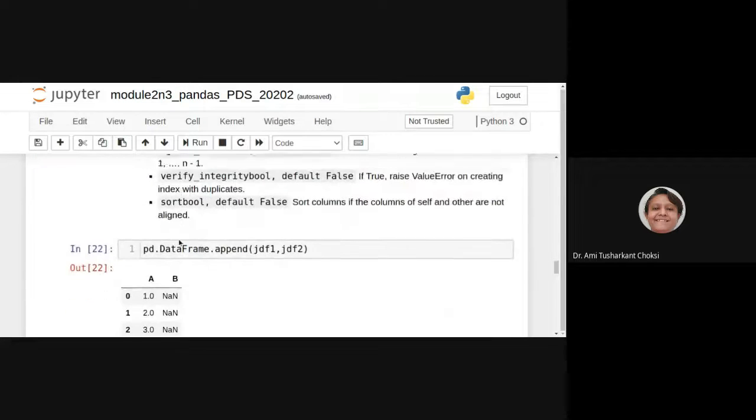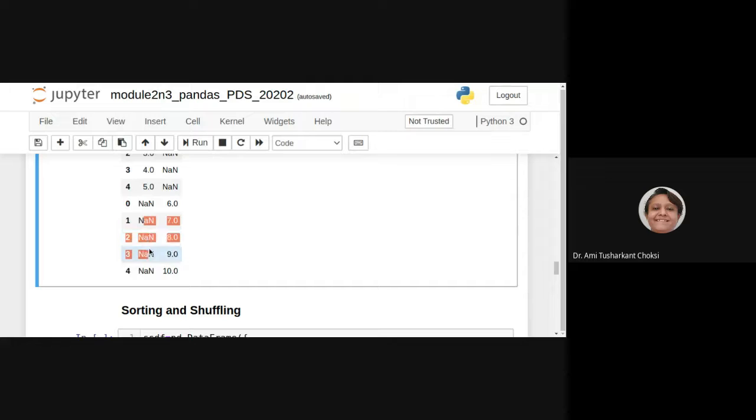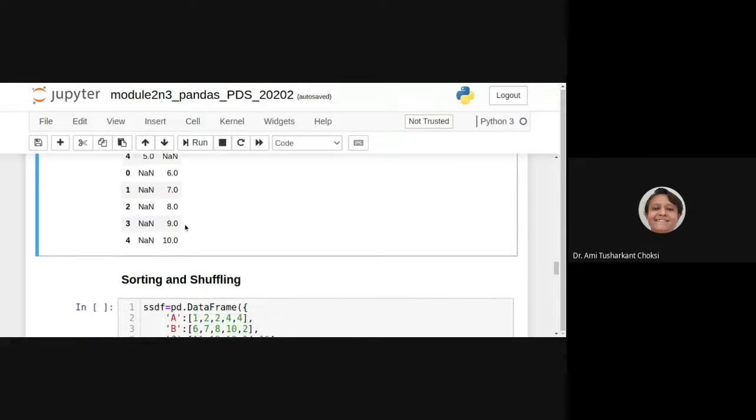For appending, the columns are appended but the values remain the same. For A, whatever is there; for B, if we do not have the value, it puts NaN, right? Same way for this one. For A, we do not have a value, so it puts NaN, and the other is for B, right?